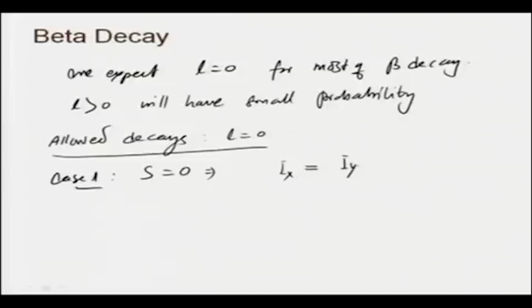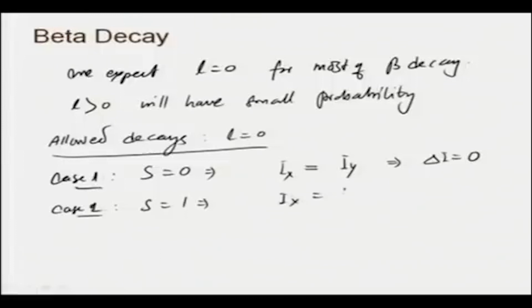So, there is nothing to add. That says that both of these nuclei will have the same spin, or delta I, the change in the nuclear spins of the daughter and the parent nuclei, is equal to 0. So, delta I is equal to 0, and then you can have the S equal to 1 case,